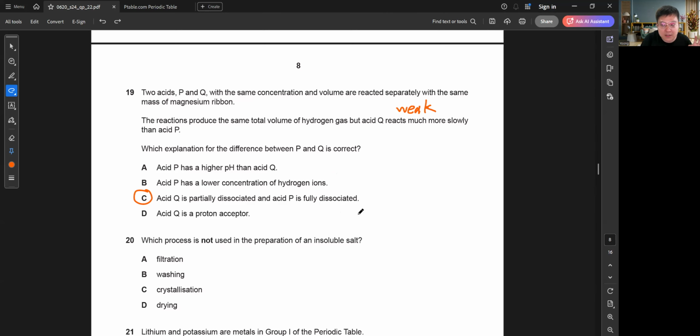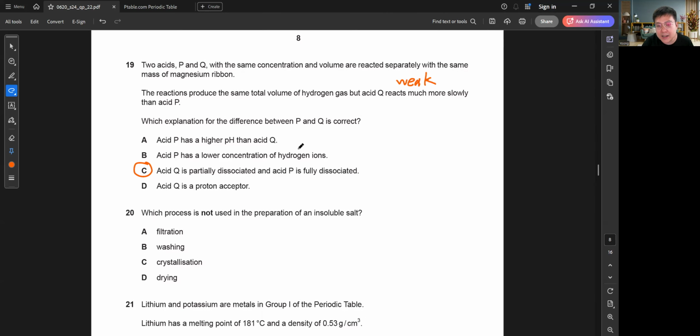But let's just go through A, B, and D. Acid P has a higher pH, but remember for acid, you want the lower number. So this is opposite of what we want because acid P, if they just change this word to lower, then A would also be a correct answer. B, acid P has a lower concentration. Again, this one is wrong because P reacts faster, Q reacts slower. So if they just change this to higher concentration, that would be the correct answer. D, acid Q is a proton acceptor. This does not matter at all because whether it's a proton acceptor or proton donor, it doesn't tell us